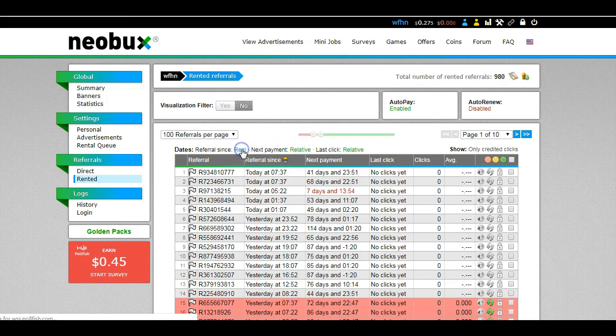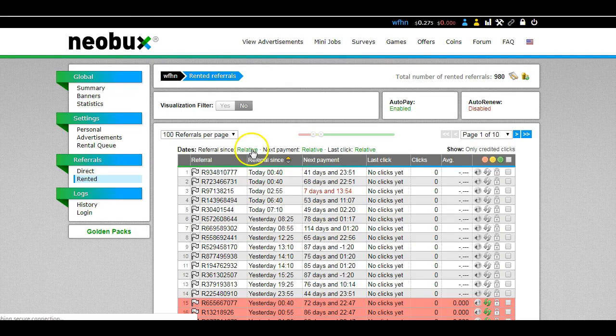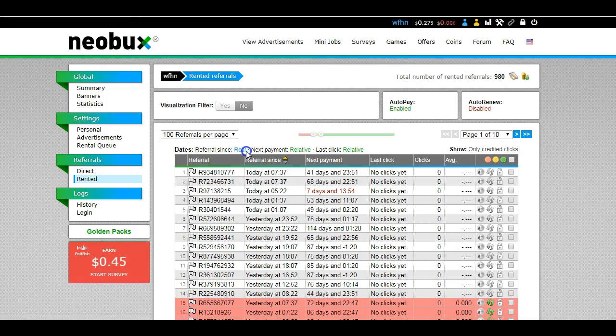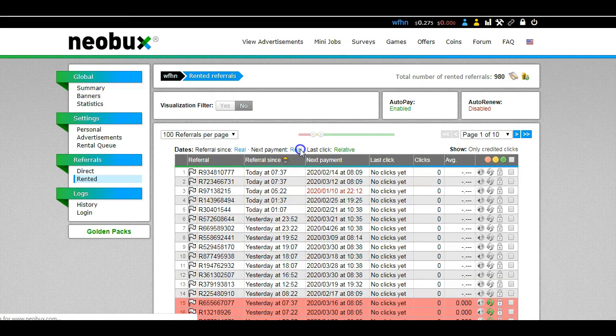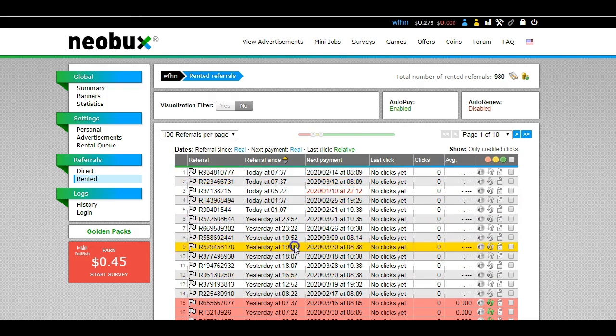I think I have to check that again. Yes, it says relative, so I just change it to real. Next payment then. You can change any of these from relative to real. So it means that you can adjust the dates and everything, how this information is actually provided, that actually